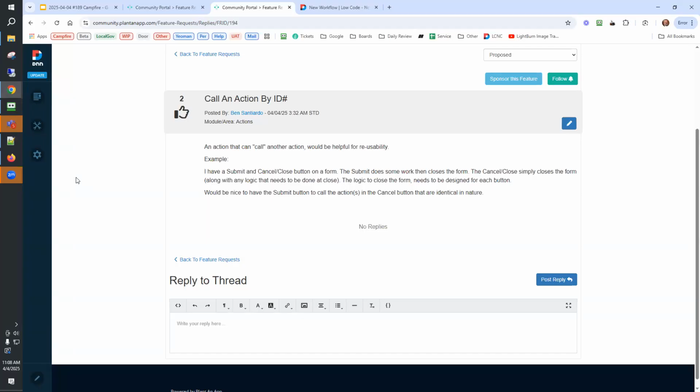At the time of load, it's throwing that action stack into context and saying, this is a whole series of actions associated with this unique ID number. Later on, whenever you call it, that's the action stack that gets inserted and executed. So we're not calling specifically by ID, but it gives you that same idea of creating a stack of actions that is universal for that form, and gives you one location to manage it, as opposed to having it in multiple locations. And then you could just call it in the submit and call it in the cancel button.